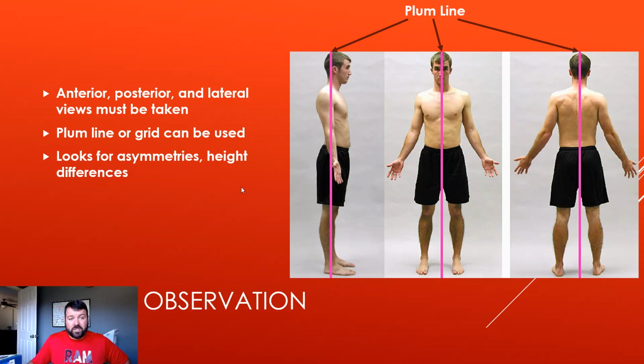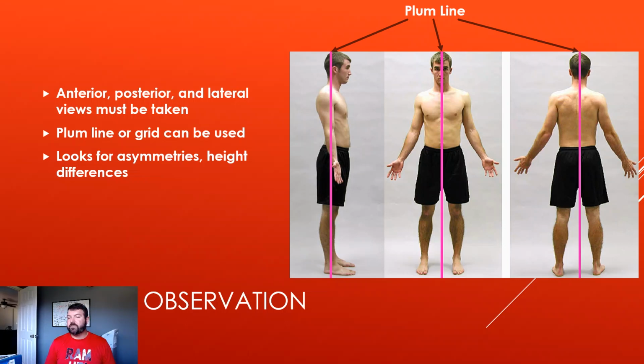Another thing they'll use is a grid. They have this kind of door-ish frame that you can see through, like a wooden frame, and there's a bunch of lines that go up and down and side to side to make this grid. They stand behind it, just like the plumb line, and that gives you more lines to compare different things. So it's really good if you're trying to identify one thing versus the other, especially if you're looking for